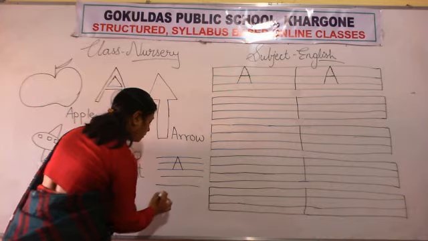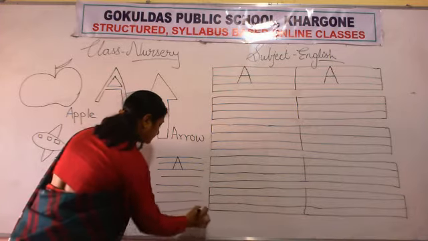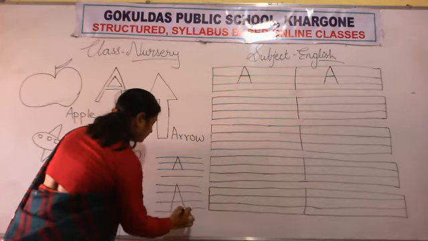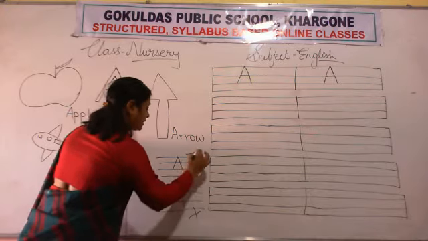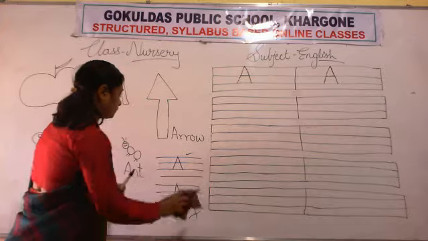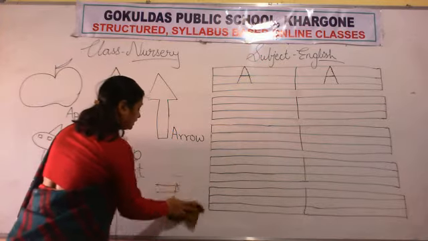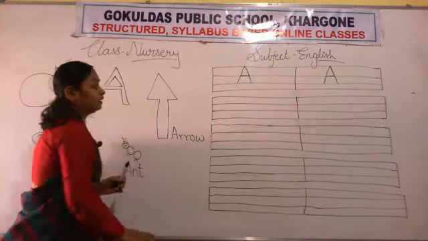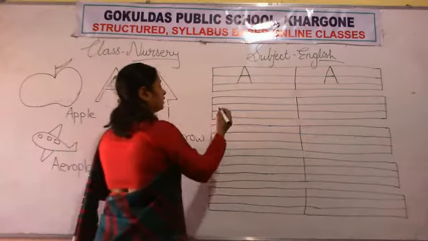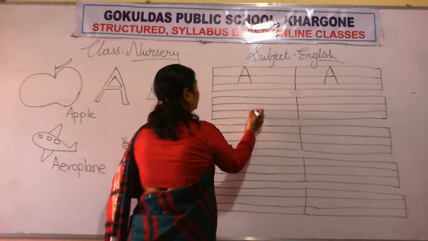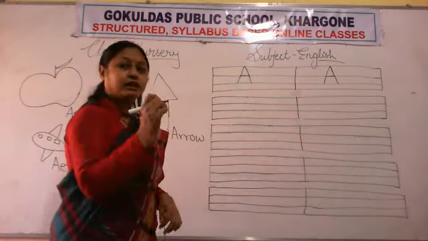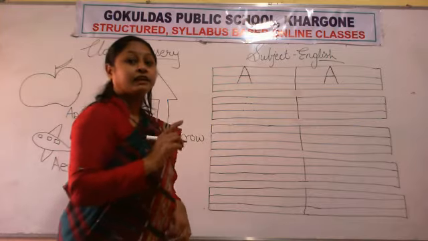Okay? Don't write like this, big A. Don't write like this. This is wrong and this is right. So you have to write letter A like this neatly. Okay? Again, look here. Now dots were given. What given? Dots. So we have to join the dots, and which letter will form?